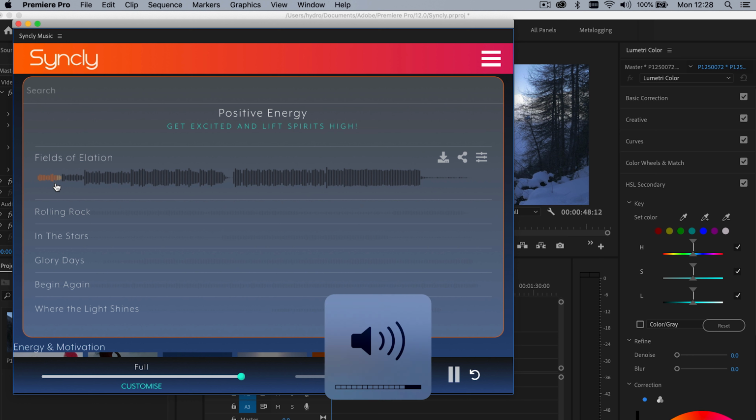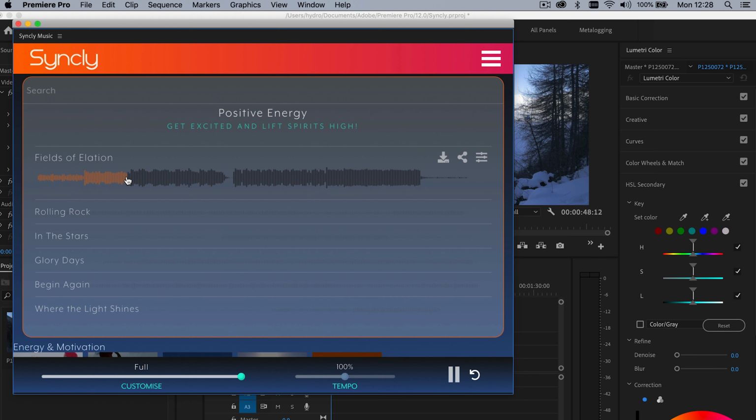So if I just put the sound on, I can see now we have this track playing, and I can skip through, listen to different parts of the track through the waveform, and that's quite handy because I can see where the builds are, where the quiet parts are, and I can see if that's going to work for the type of feel that I'm going for. So that gives you your base track, but now where Syncly comes in really handy is